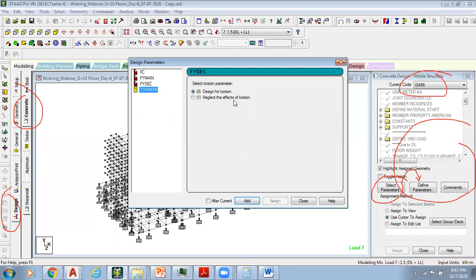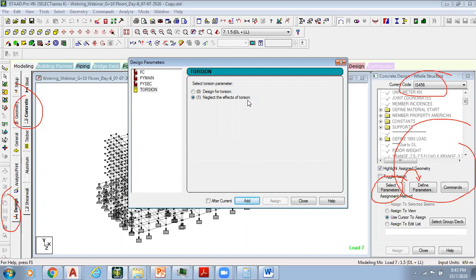Torsion. I'm neglecting this torsion effect because it is a frame structure which is not having the stiffness due to the presence of a slab. When I have a slab, obviously a slab will also resist and provide stiffness.